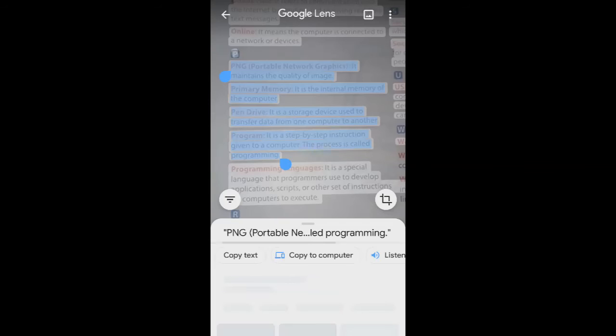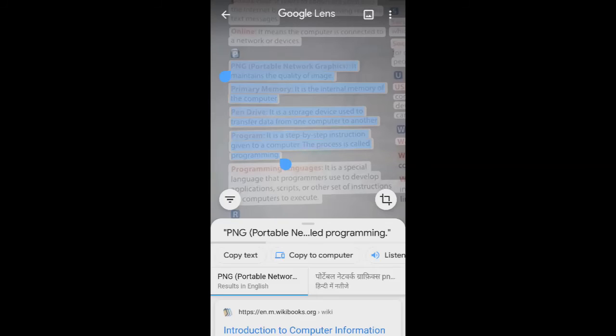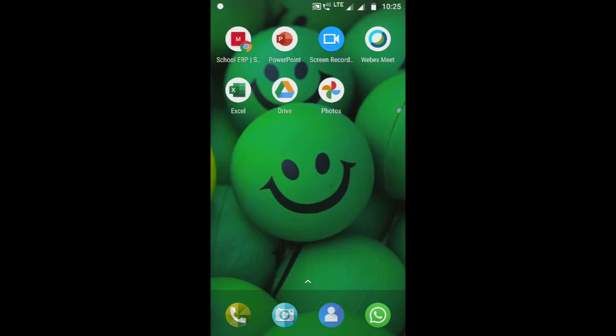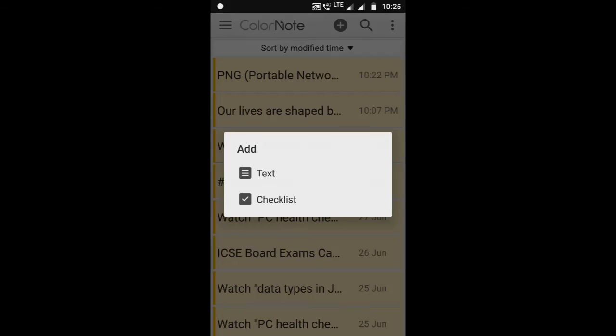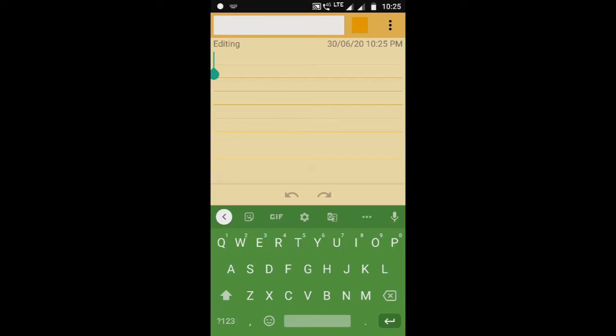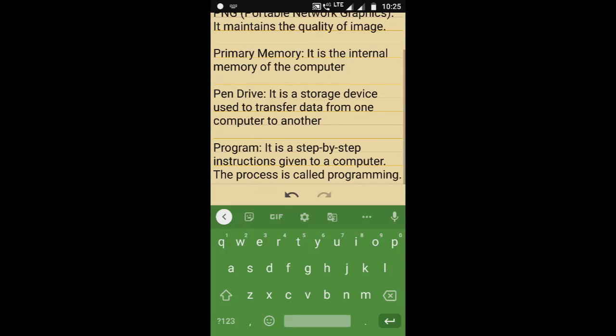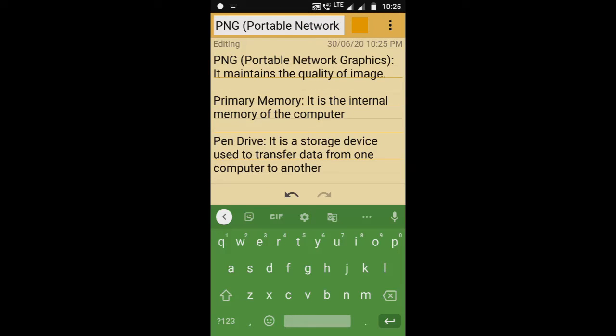Suppose I want to copy this text, so what I'll do, I'll use the copy option and paste on the application where I want to paste it. So in this way you can paste the text selected from the image that the Google Lens has taken.